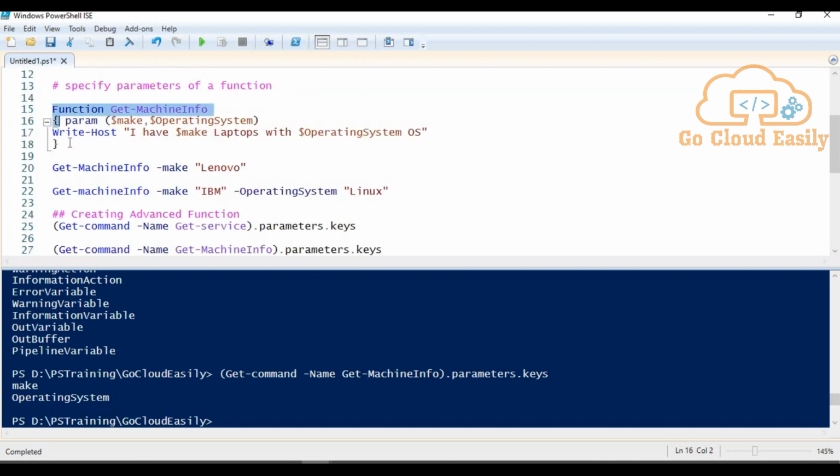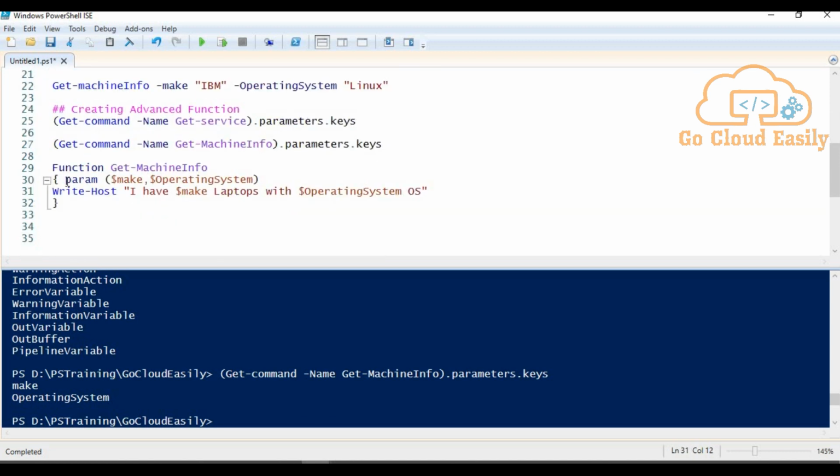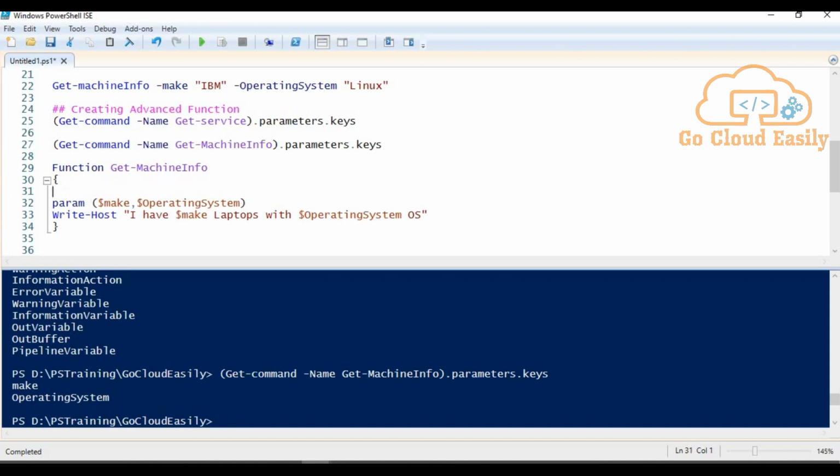First of all, let me copy the code from our last demo so that we can save some time. This function we already have, and if we want to convert it into an advanced function, we can simply define one extra keyword over here, that is a square bracket and then CmdletBinding, right?